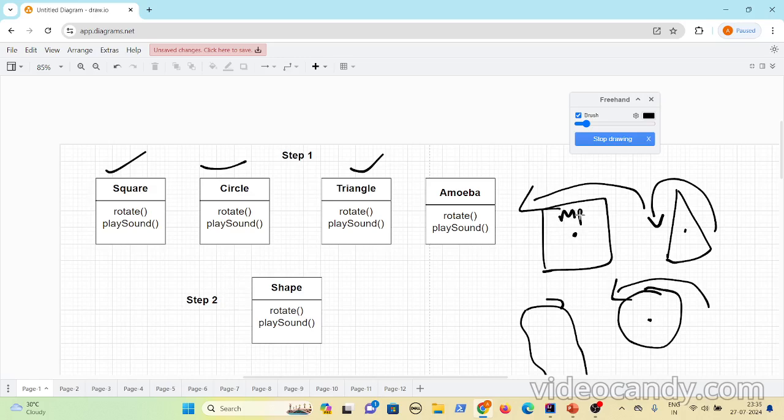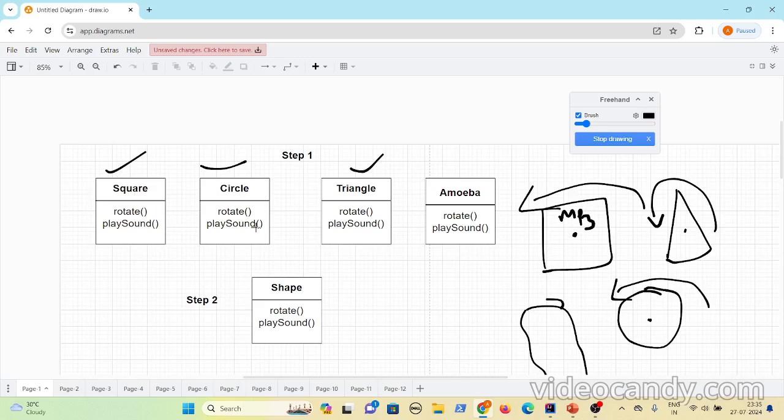Whenever you invoke the play sound method, it just needs to play that particular mp3 file, and the mp3 file can be stored as an instance variable in the circle, square and triangle.